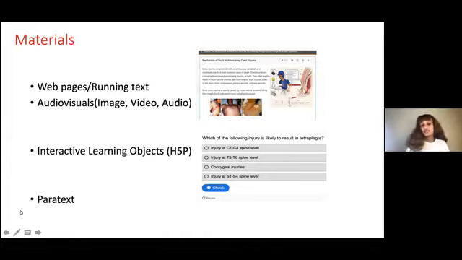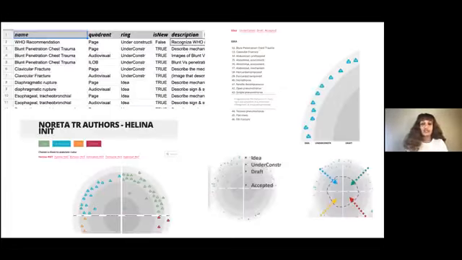The other materials are paratext. Those are not a part of our actual work. We bring them from an external resource, but this external resource should be relevant to the actual content. And we use it as a link, as an additional reference; animation and videos are possible. For example, in my section on chest trauma, I use a needle decompression procedure video as a paratext because I was unable to record this decompression video in the demonstration room. So paratext is also very important for preparing those course materials.